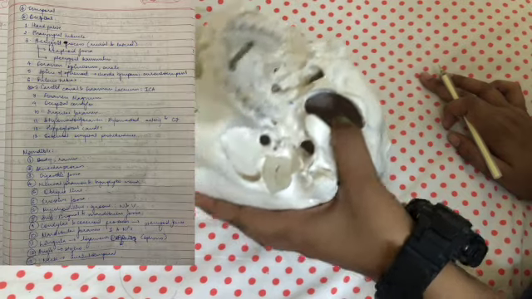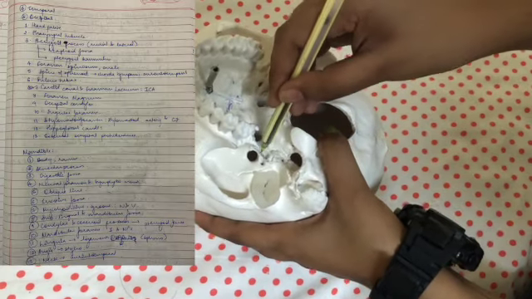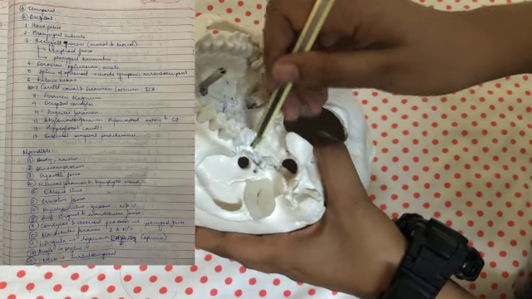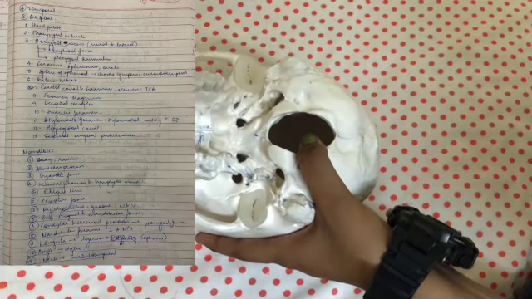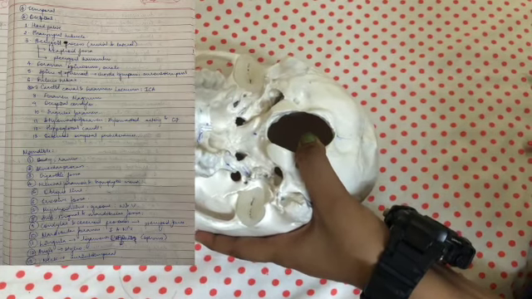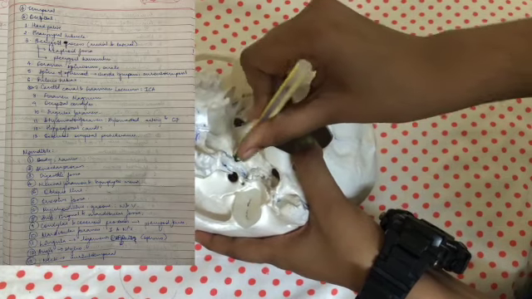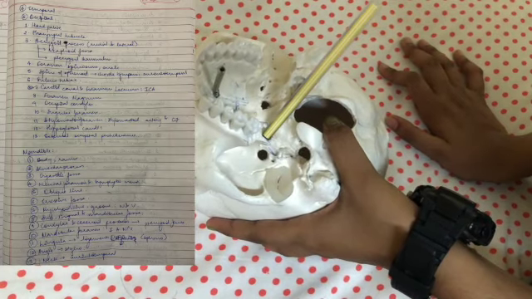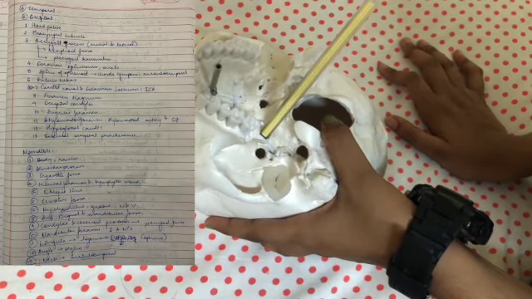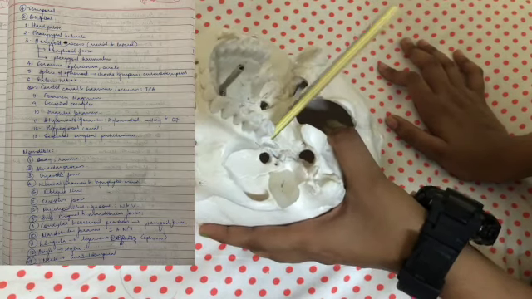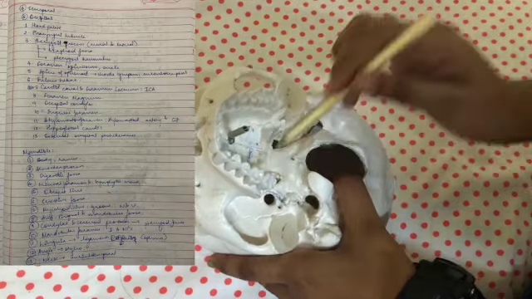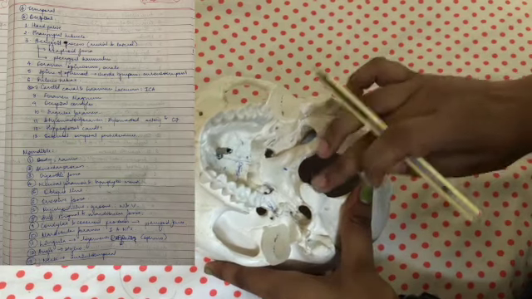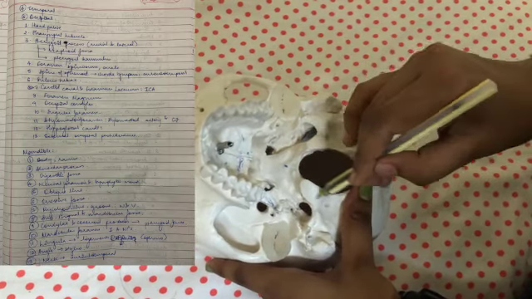Let us talk about the sulcus tubae, this small sulcus that you can see here. This is where the cartilaginous part of the auditory tube passes through. Let us look at these other canals, that is the carotid canal and the foramen lacerum. This will also be covered in the cranial fossa, but just mentioning that this is where the internal carotid artery enters the brain. And now let us look at the foramen magnum. We've already discussed this. These two are the occipital condyles. Occipital condyles are needed for the first vertebra to articulate with the skull.